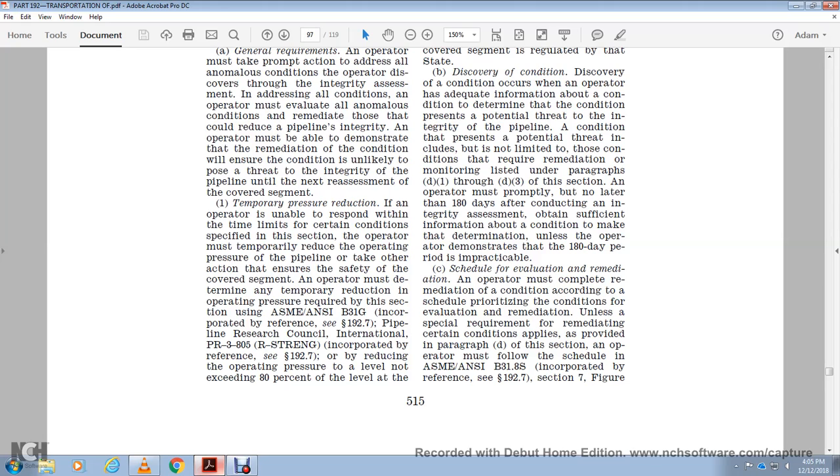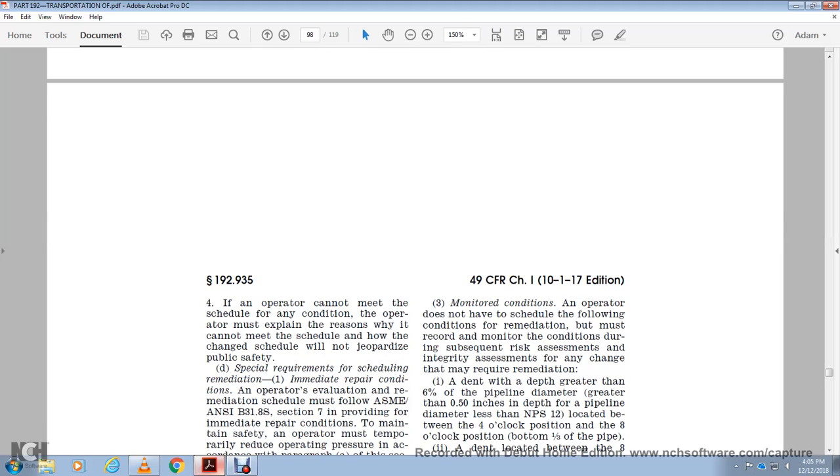The operator must complete the remediation of the condition according to the schedule. Prioritization, condition evaluation, and remediation must meet the special requirements for remediation of certain conditions as provided in paragraph D of this section. The operator must follow the schedule in ASME/ANSI B31.8S, incorporated by reference in section 7, figure 4. If the operator cannot meet the schedule at the beginning of the condition, the operator must explain